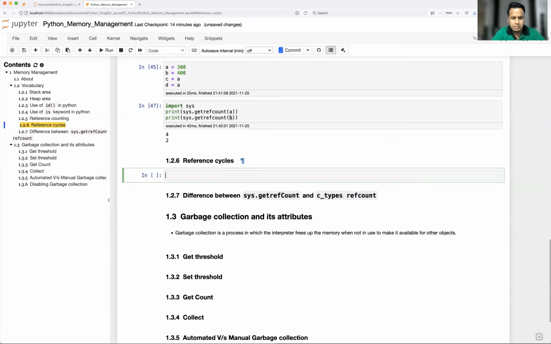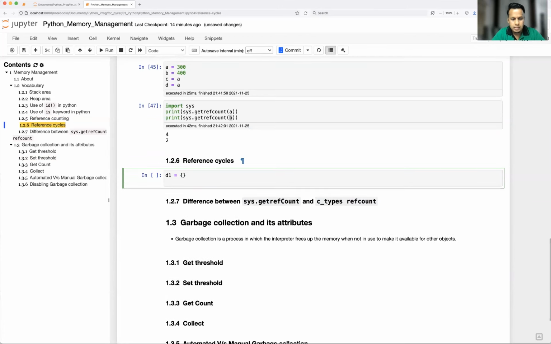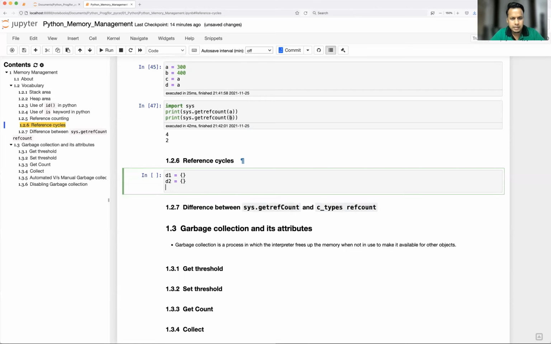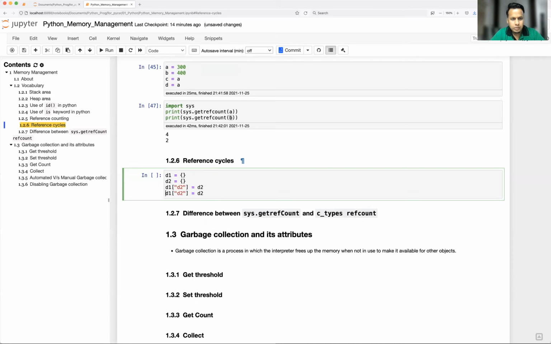So let me take one example here. Let's say I'm going to define one dictionary. Okay, so D1 equal to empty, D2 equal to D1, right? Now in the dictionary, let's say I'm defining one keyword. I'm going to hold D2 in D1, and in D2 I'm going to hold D1.